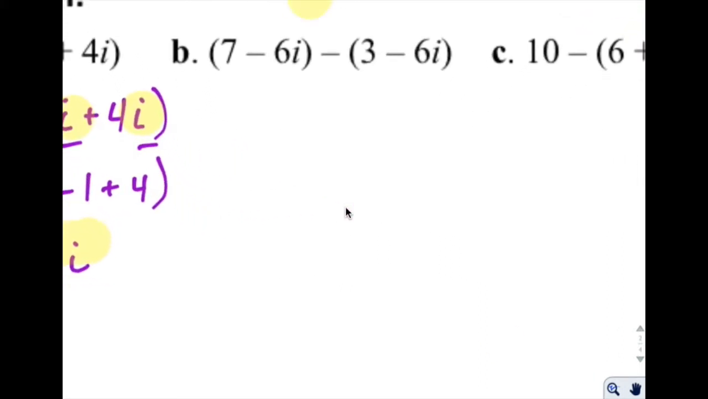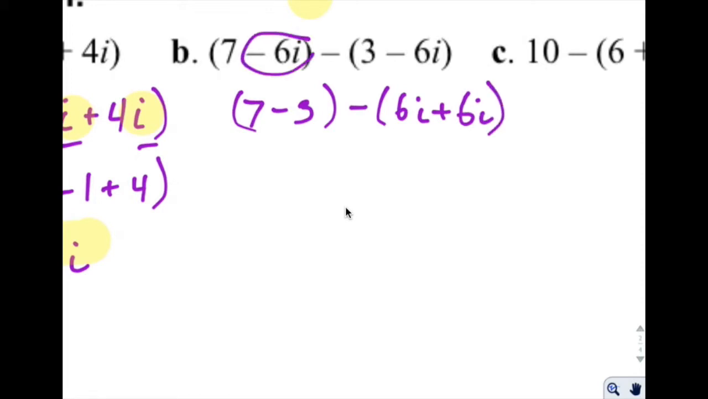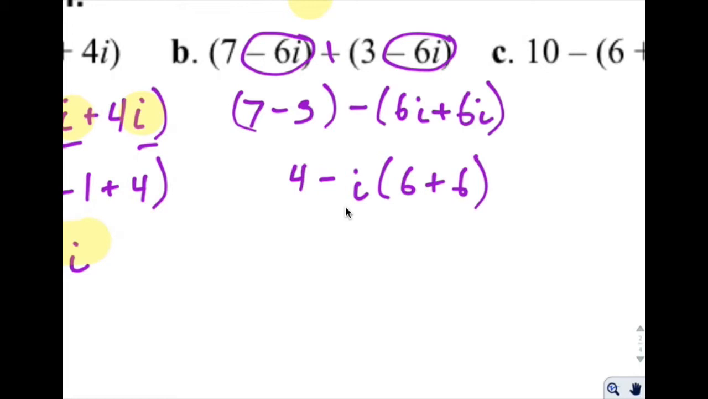Letter B is similar. I have 7 minus 3 minus 6i plus 6i. Now my first 6i, I said it was a minus, but the second one I said it was a plus because there's a negative and then there's another negative. So I turn it into a plus sign. And in this case, I'm going to go through. 7 minus 3 is 4 minus, again, I'm going to remove the i from both terms, i times 6 plus 6. So I can continue to simplify,